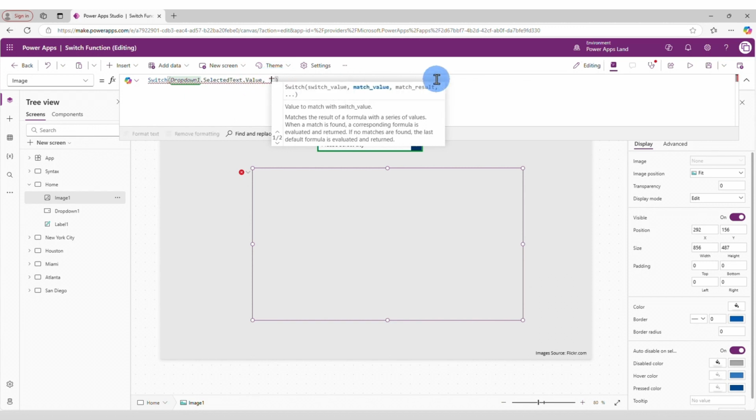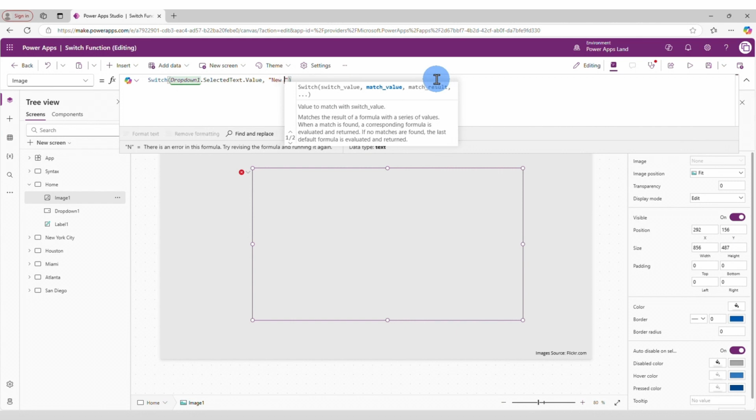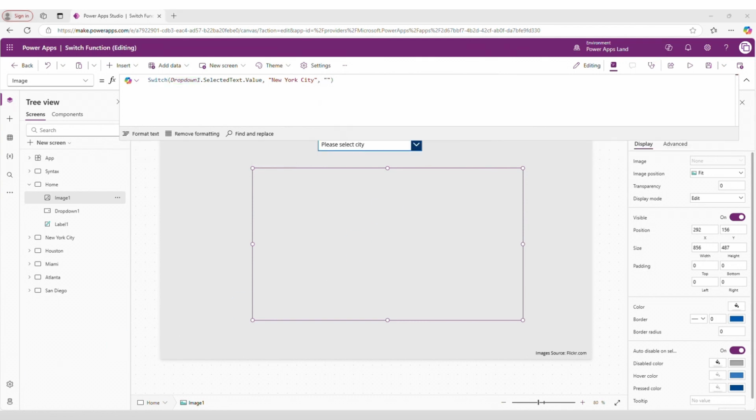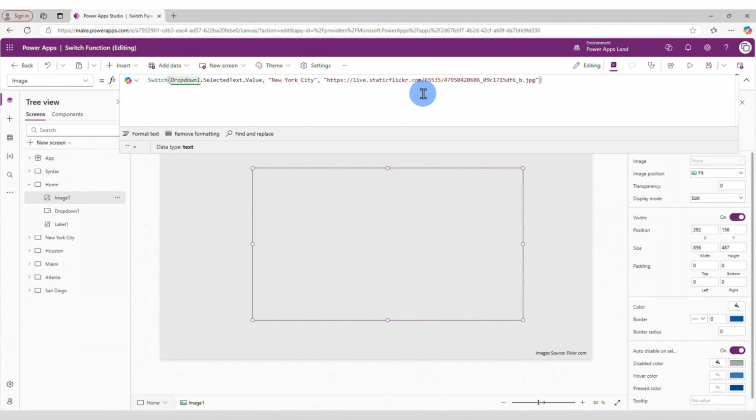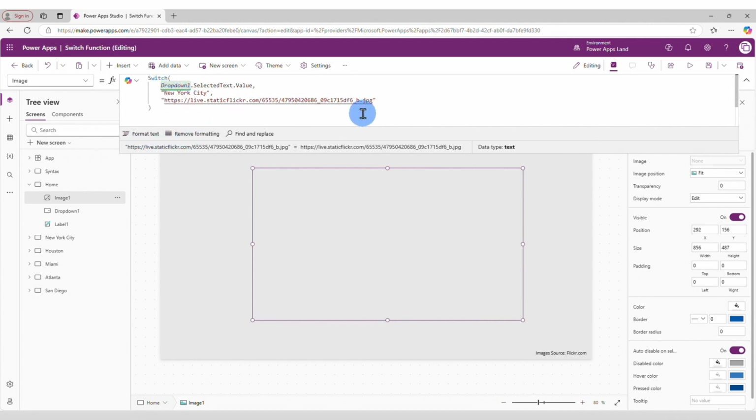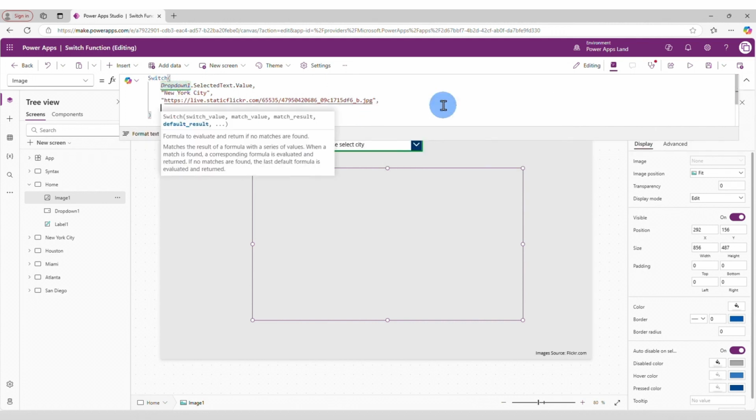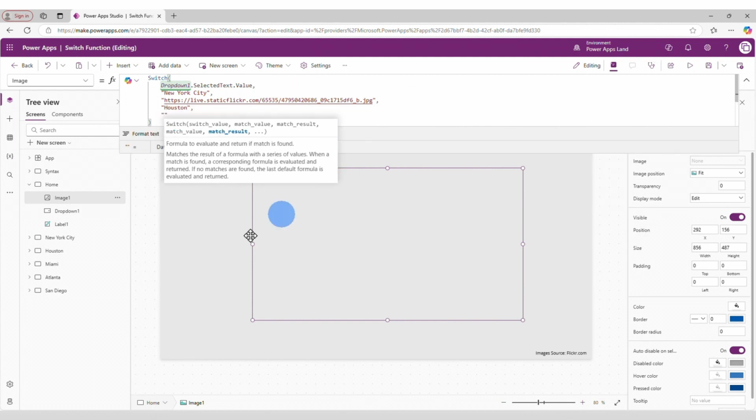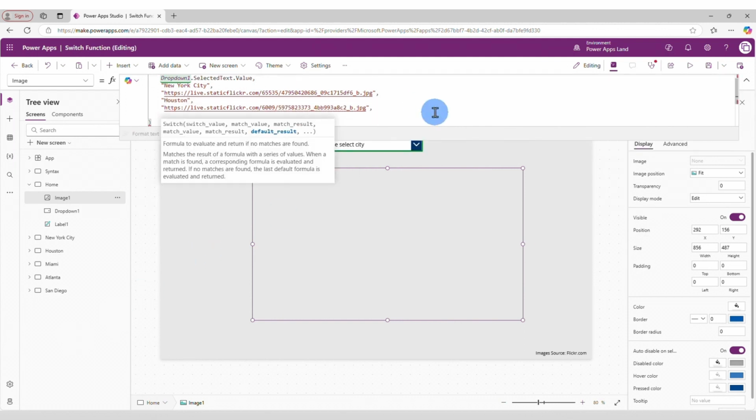So if the selected value is New York City, then we want to display an image of New York City. And I do have a link here with that image. Now, let me format the text and you can see here. Now let's create another one. If the selected option is Houston, then the image will be another one. Now, if the selected option is Atlanta,